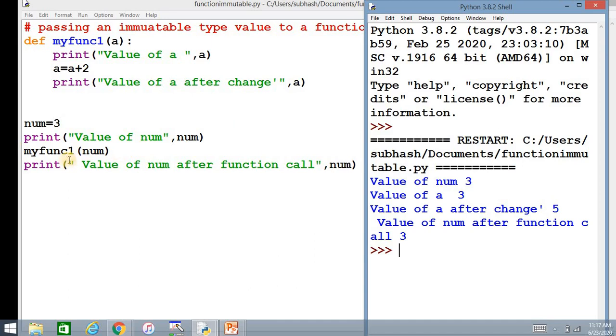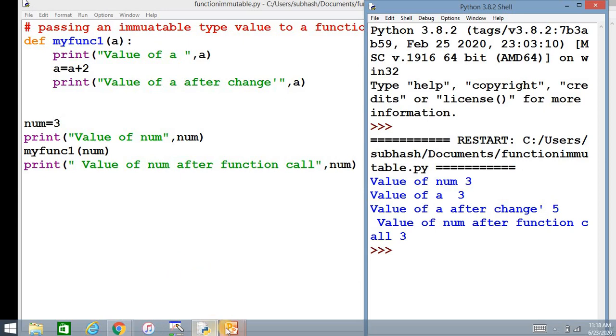Then it is calling my function 1 and it is going there and it is printing the value. The num's value is being passed there. And you are changing a plus 2 and the value is being printed, and the value a is also being changed there. But coming back, when you ask to print num, it is the old value.